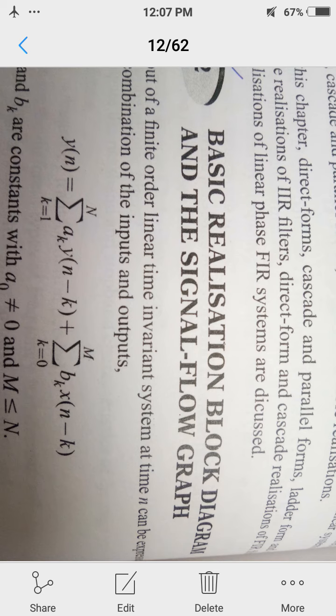And the current output is equal to the sum of past outputs from y[n-1] to y[n-N], which are scaled by the delay dependent feedback coefficients a_k, in addition to the sum of future, present and past inputs, which are scaled by the delay dependent feed forward coefficients b_k. So we can solve